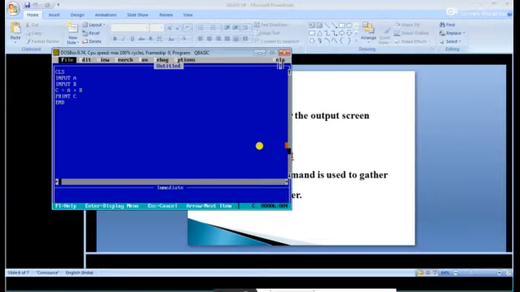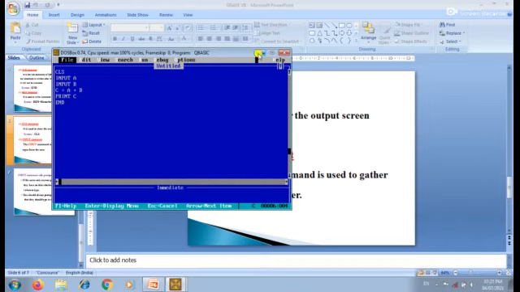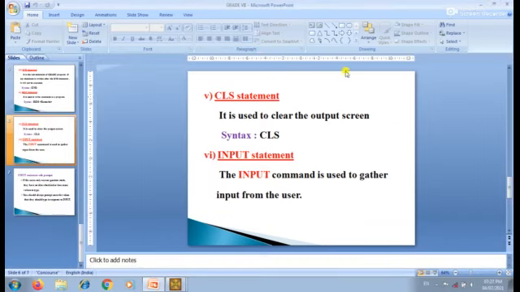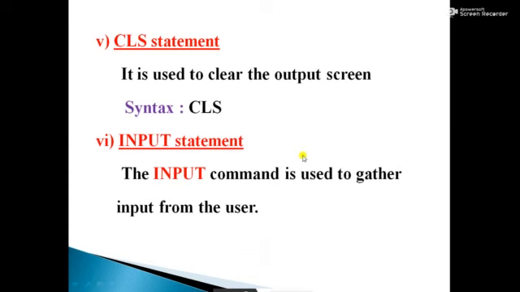I will show you. See here. If you are using only input A and input B, the user will get some confusion. He or she has no idea what kind of values or how many values to type.